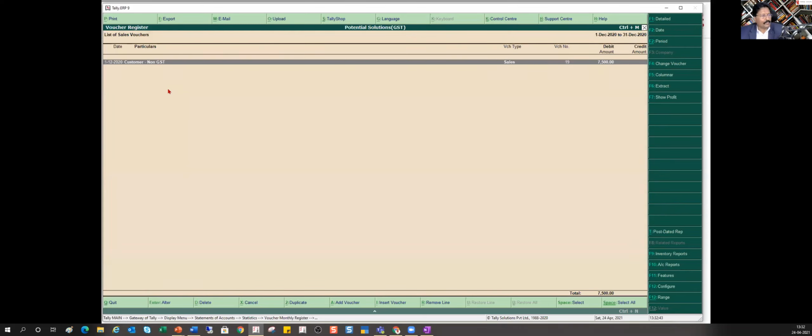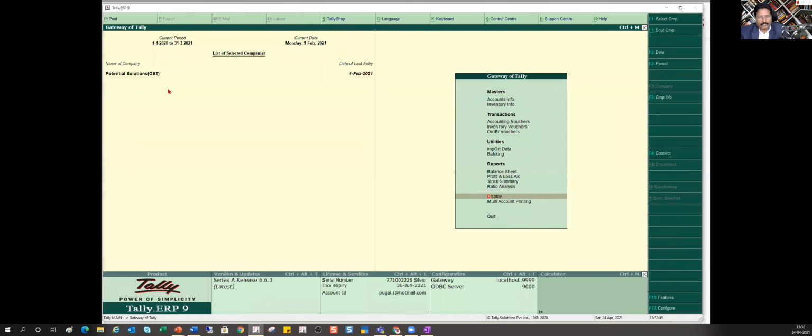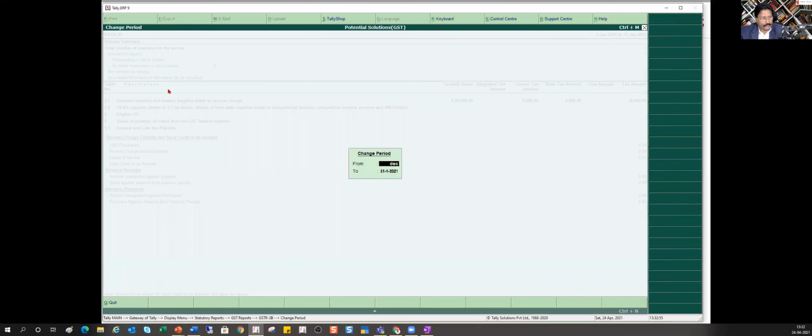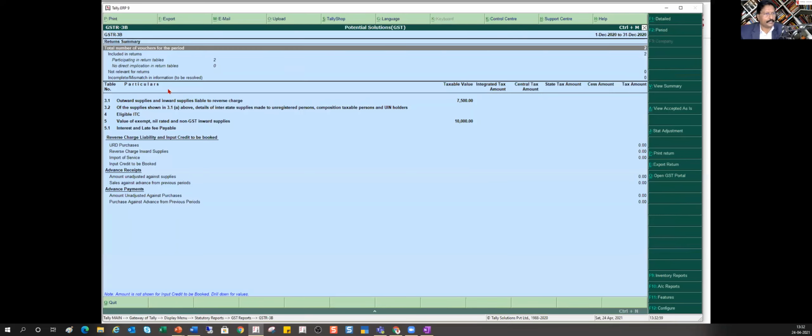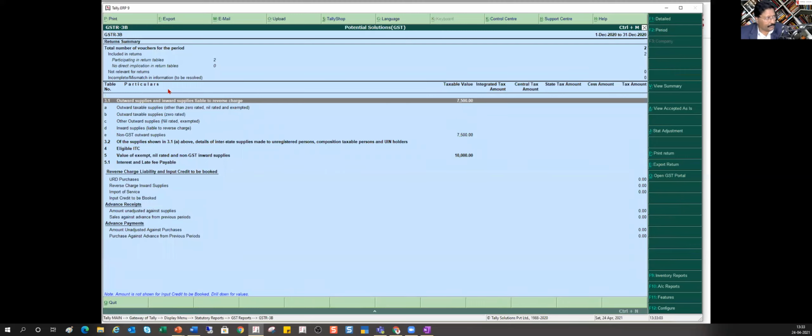Okay, I have made one non-GST purchase. I have made one non-GST sale. So let us go and see what happens to my report. So GSTR-3B, Alt F2, December, right? So here, see here, outward supply, Control Enter.